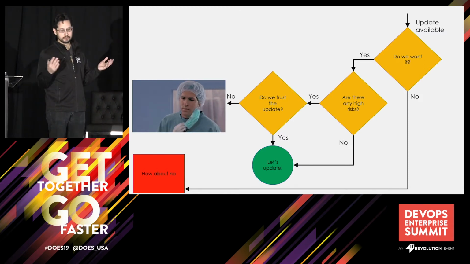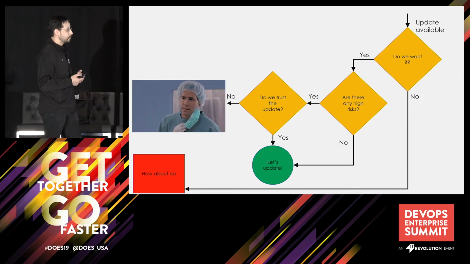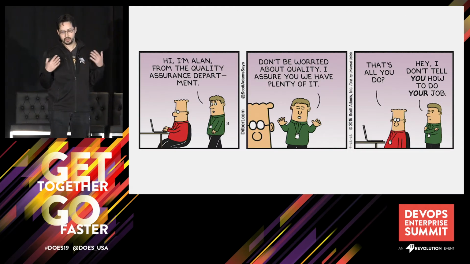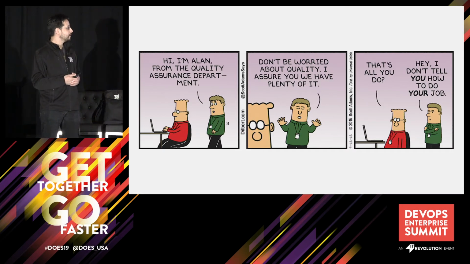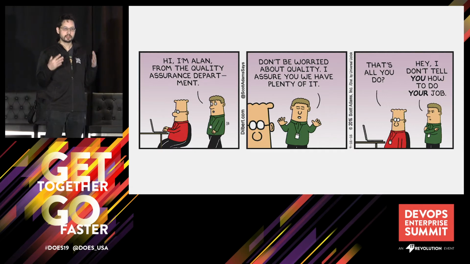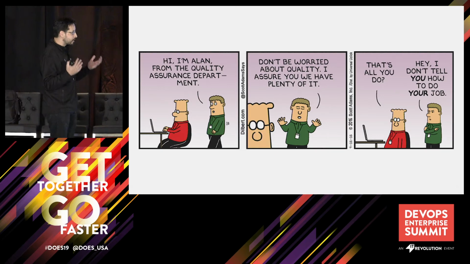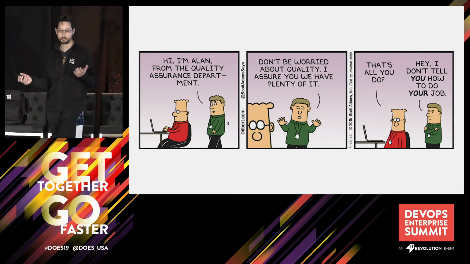Why? So when you ask yourself, why do I want to update? Do we trust the updates? Really, the answer to this is best shown in a comic. So really, the problem is we don't trust the process, right? So if we trusted the process, we might be willing to go along with updates, but typically we don't trust large companies to QA the software. We know there's going to be issues.